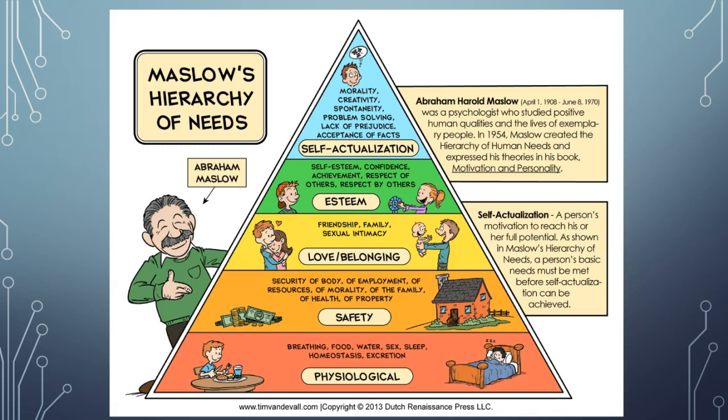So the first three steps, at least the first two, should be provided by employment, the monetary compensation they receive: breathing, they have food, they have water, they have sleep, they have health and property through benefits and things of that nature. And the other three can be met through the organizational culture and communication that is provided in the workplace.